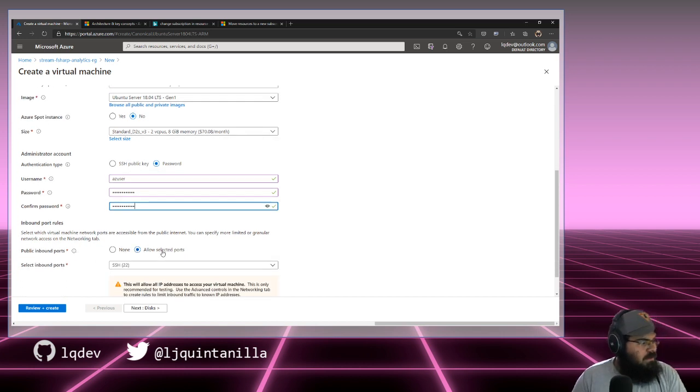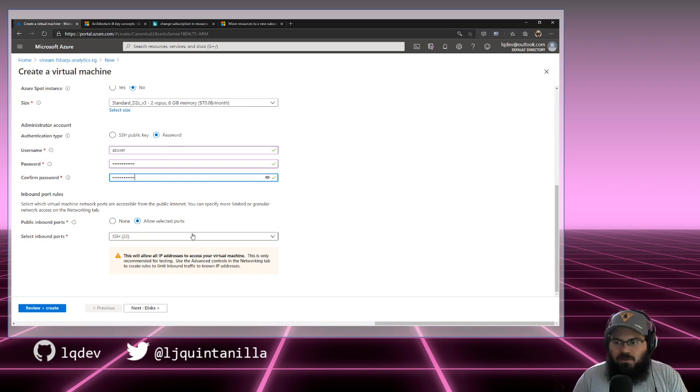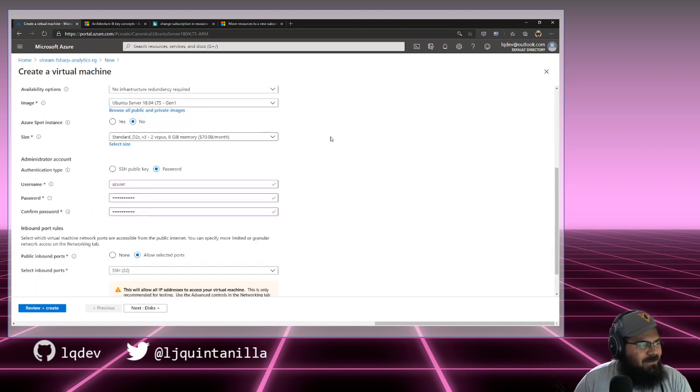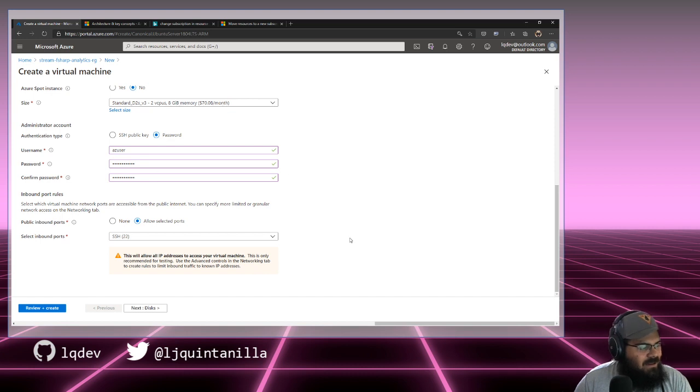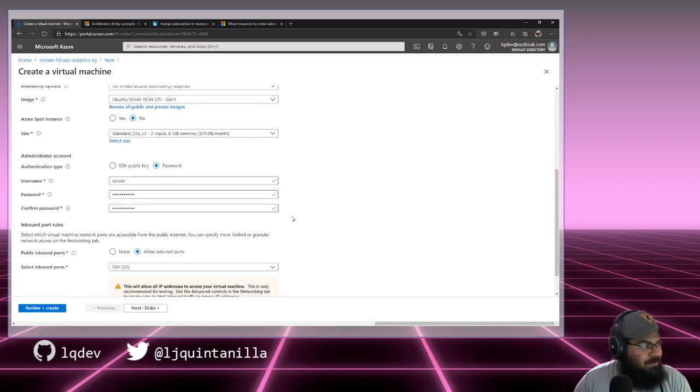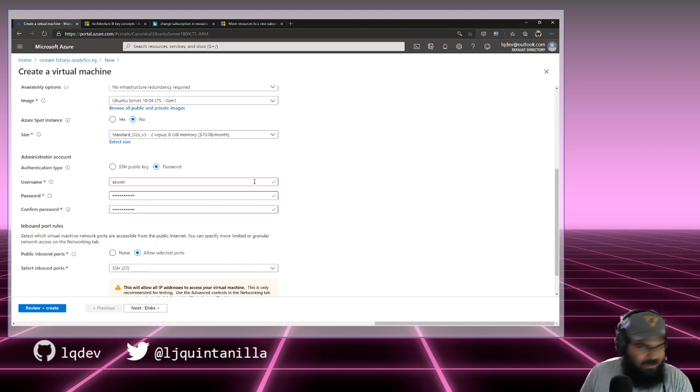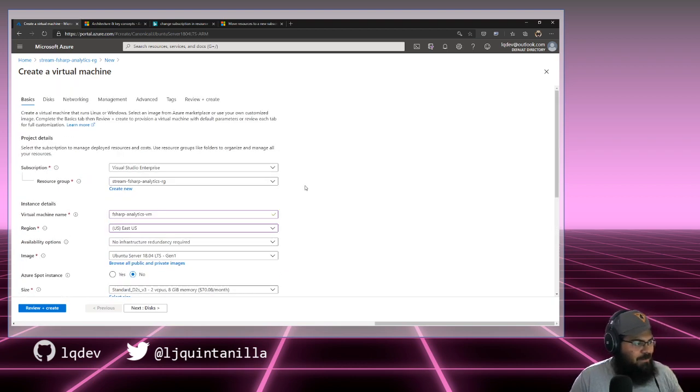Right, inbound ports, allowed ports, SSH, making up usernames, passwords. Yeah, I should probably do a public key, but then that means I have to create it and store it, and I'm not about to do that. But ideally, yes, I should be doing it using SSH. I'm not, but